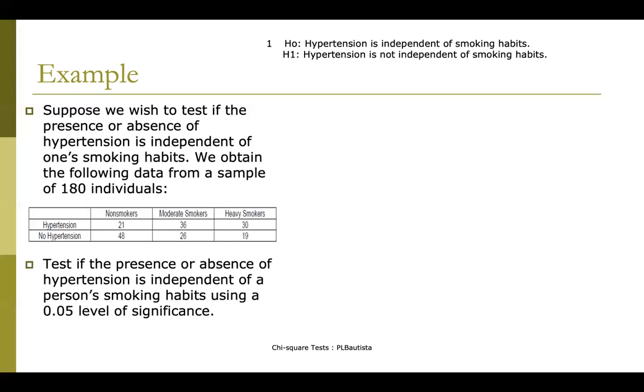So again, for step 1, identifying the null and alternative hypothesis. The null hypothesis is that the two variables are independent. So hypertension is independent of smoking habits, while the alternative is that hypertension is not independent of smoking habits. For step 2, we have alpha equal to 0.05. For step 3, we reject H0